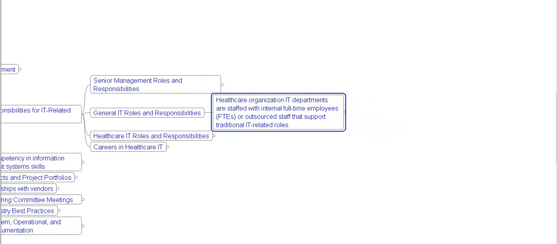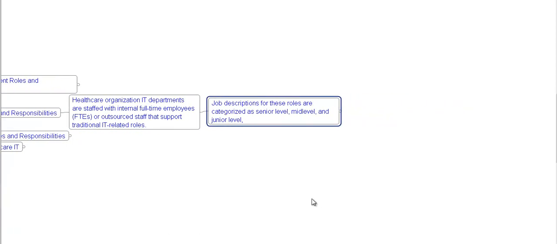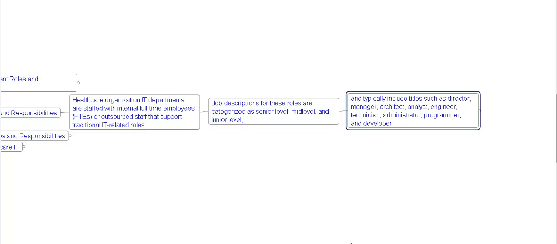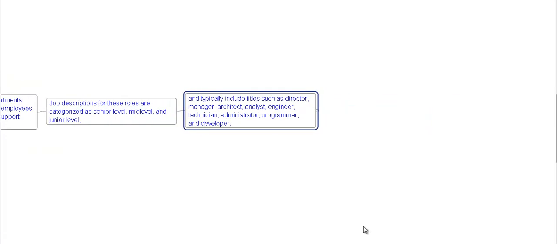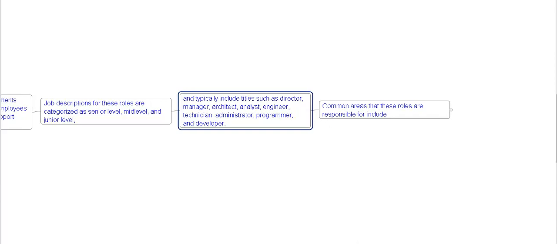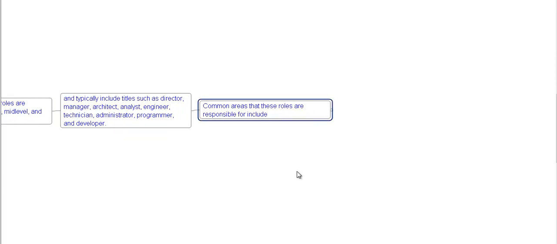Healthcare organization IT departments are staffed with internal full-time employees, FTE, or outsourced staff that support traditional IT related roles. Job descriptions for these roles are categorized as senior level, mid-level, and junior level, and typically include titles such as director, manager, architect, analyst, engineer, technician, administrator, programmer, and developer. Common areas that these roles are responsible for include